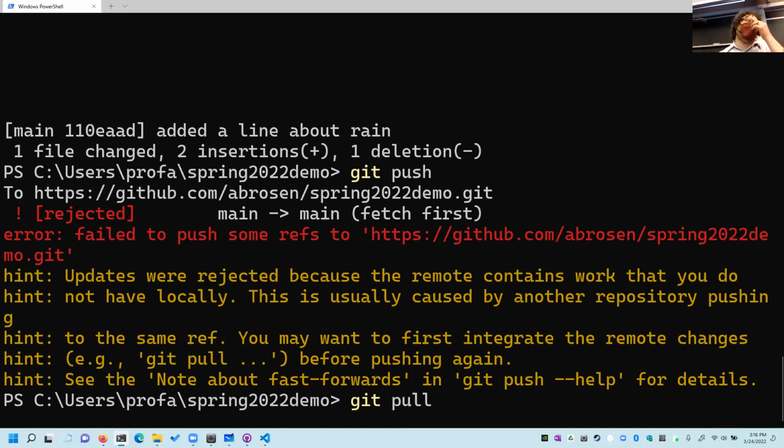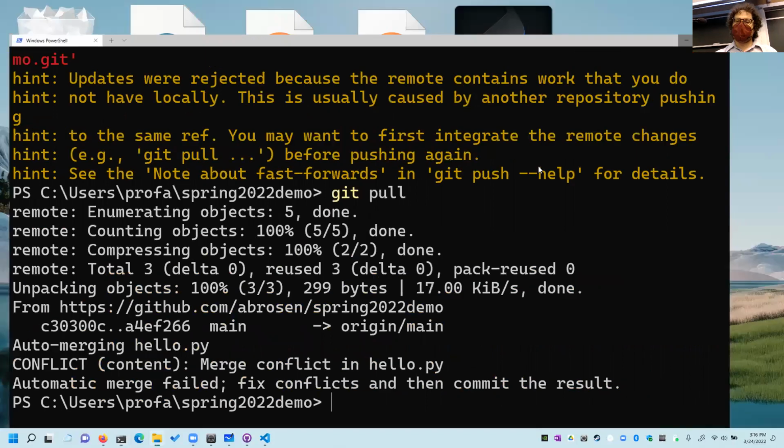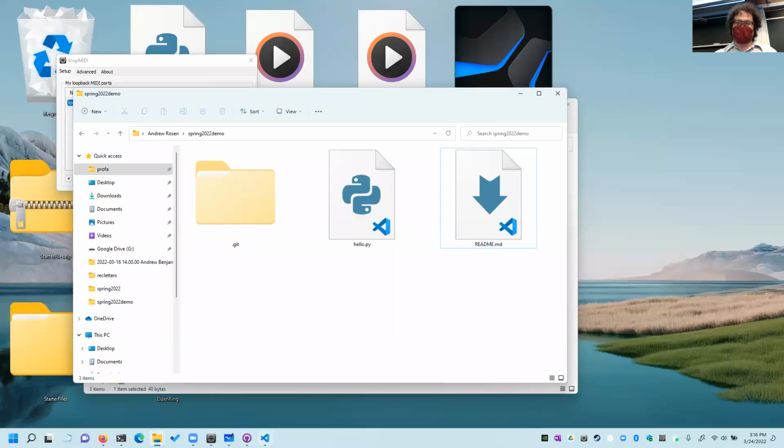Now, in the vast majority of cases, if you're working on one file, somebody else is working on another file, it handles this automatically. In the worst case scenario, though, you get something like this, what's called a merge conflict, where basically it doesn't know what to do. And it will show you something like this,